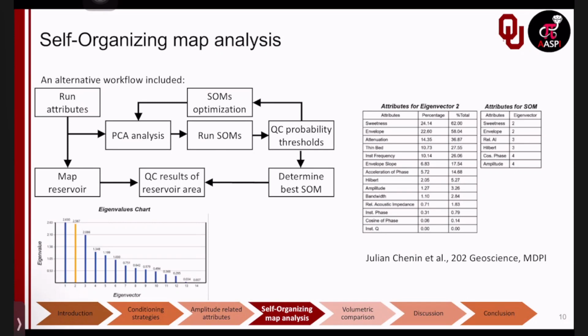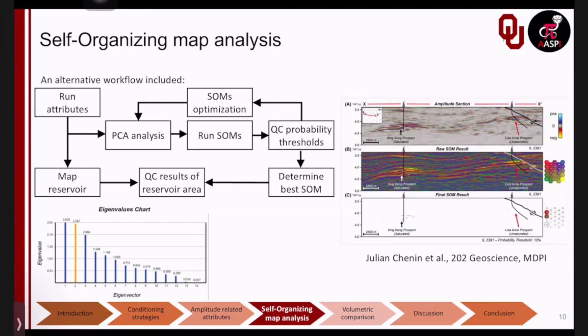But there is the principal component analysis and then the selection of attributes, which is both time consuming and could be repetitive, right? As we know, sweetness and envelope are linearly correlated, and reflection strength and Hilbert are, if not the same, very close to being the same. In his results, he compared the King Kong prospect with commercial gas saturation against the Lisa Ann prospect, which was unsaturated gas, and just by finding these two neurons or cells,